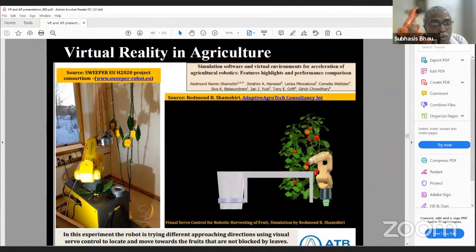But the question is, for those who do not have real robots, if I don't have these systems, I cannot show you how this robot will work. But if I have a virtual system, I can do the experimentation thousands and thousands of times, and I can show how a virtual robot will pick up objects, pick up the fruits from the virtual objects also. So for training purposes, it can be used,